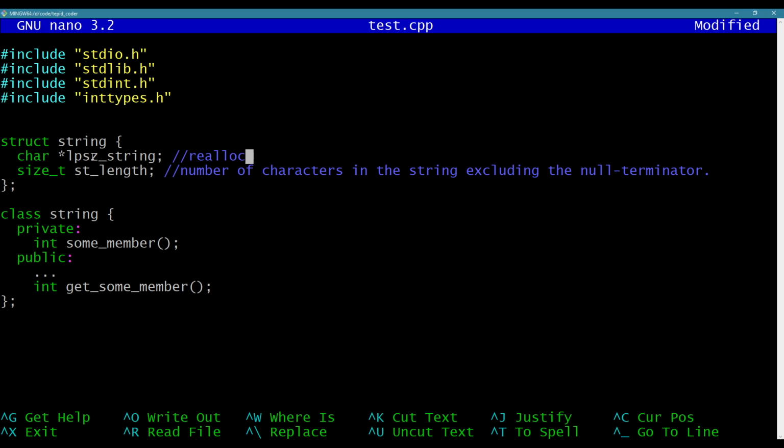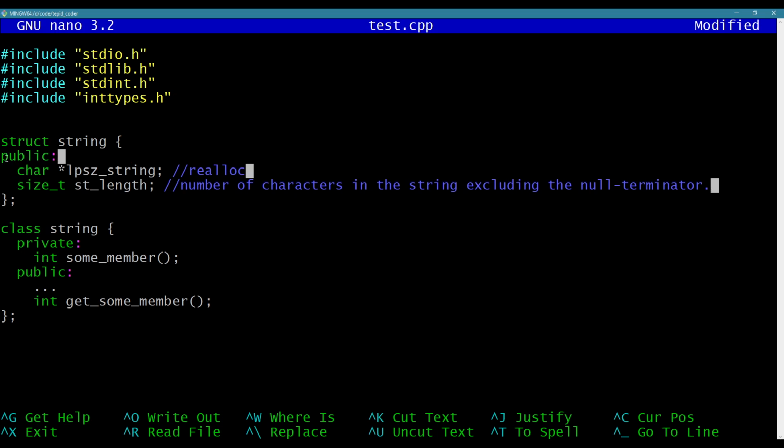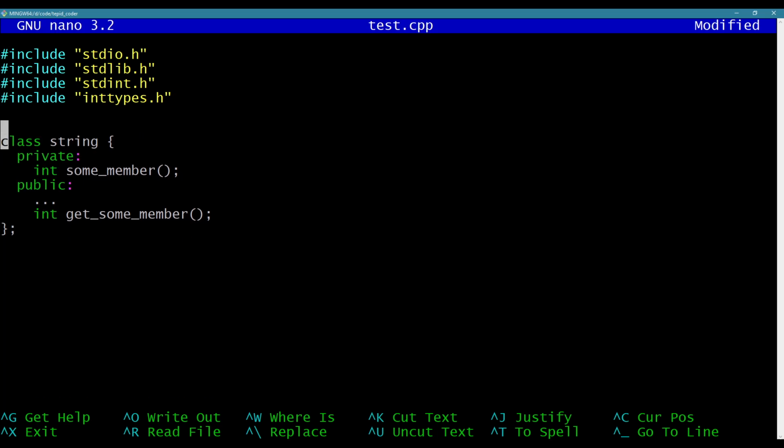Anyway, the only difference between a class and a struct in C++ is that a structure has everything public by default. And in fact, you can actually use public and private inside of a struct, just like with a class. That's something to keep in mind. I don't know why I put parentheses there. Anyway,